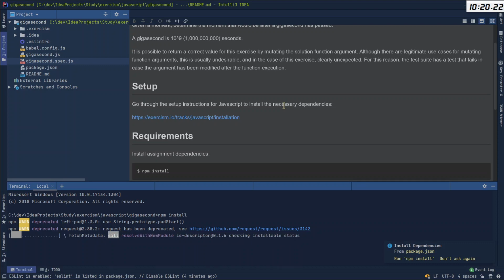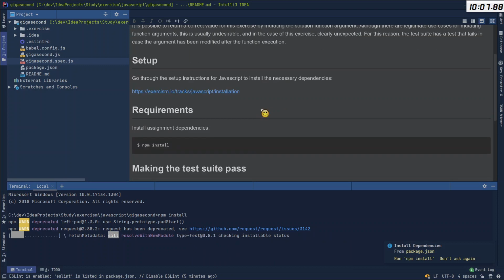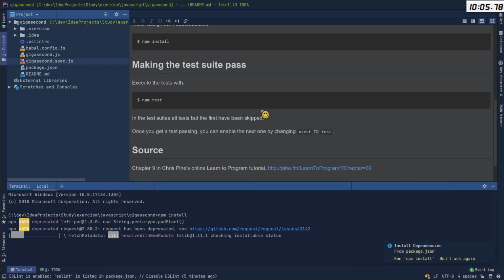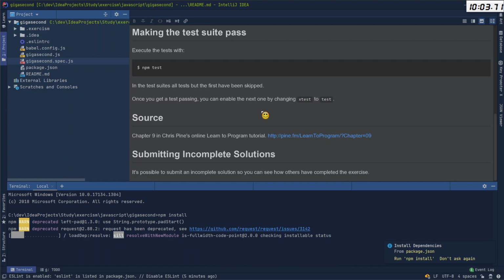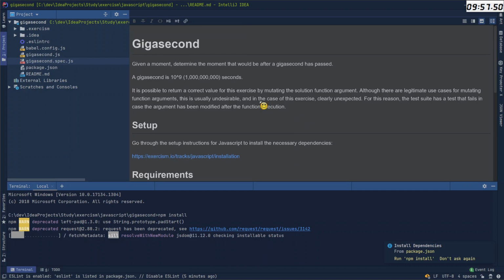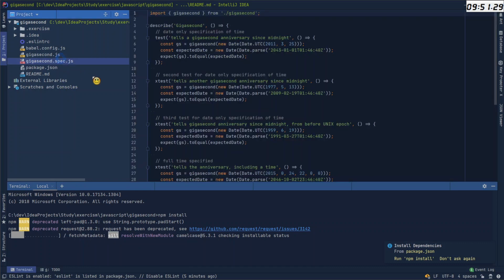For this reason, the test suite has a test that fails in case the argument has been modified after the function execution. Go through the setup instructions, requirements, making the test suite pass. So, I still am not clear what it is supposed to do. The moment, okay, this will tell me everything.